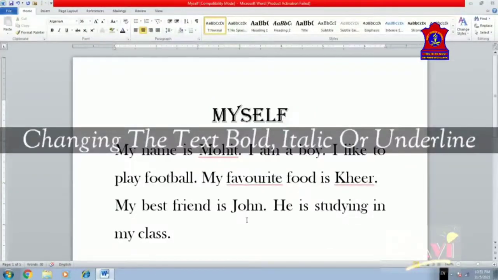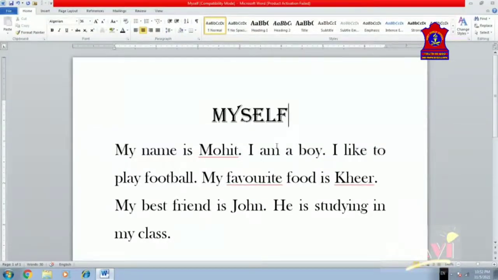Now, changing the text bold, italic or underline. This we have already done in the last class. So how to do it? See here, I'm just selecting the text Mohit and see I'm going to the Home tab. From here I'm going to the font group and here we have all the three options available: bold, italicize and underline. So I will be doing all the three in this.